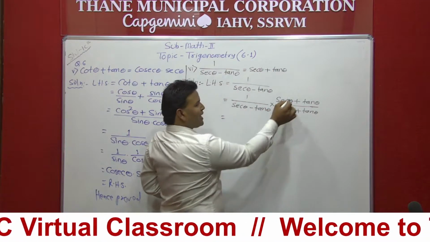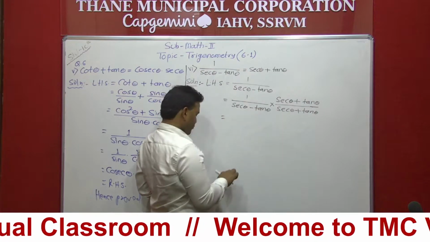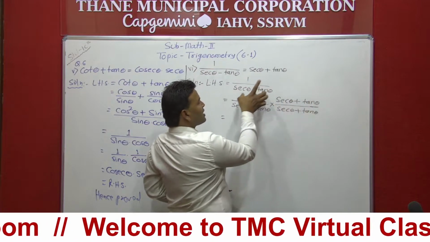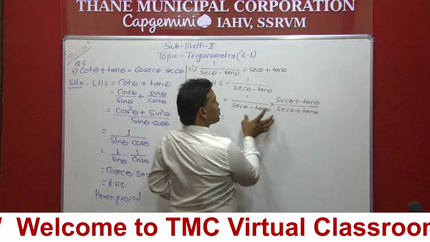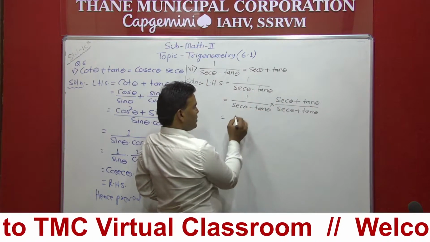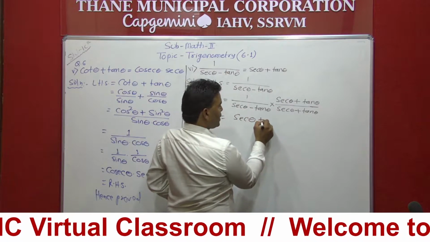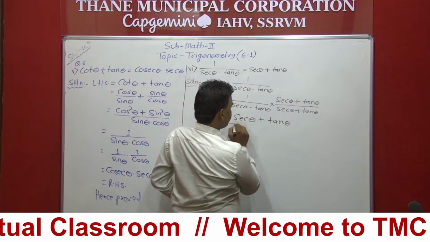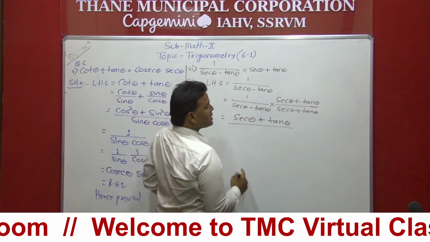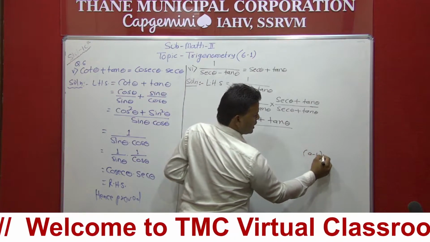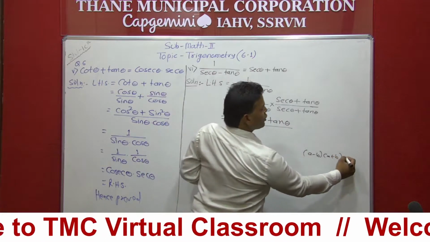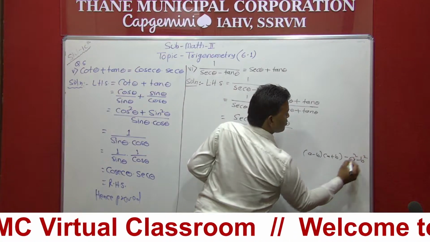Now after getting this as a numerator, let us follow the process. We have a multiplication sign, so this numerator will get multiplied with 1, and this one is going to multiply with this. So the numerator multiplied with 1 means we are getting the same thing: sec theta plus tan theta upon, now we will multiply this too. Now here this is one of the formulas, that is a minus b and a plus b. What is a minus b, a plus b? This is going to be a square minus b square.